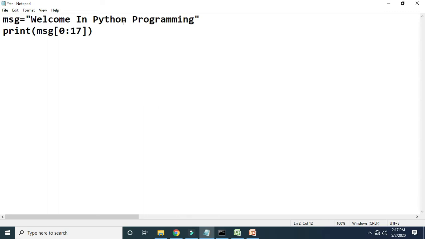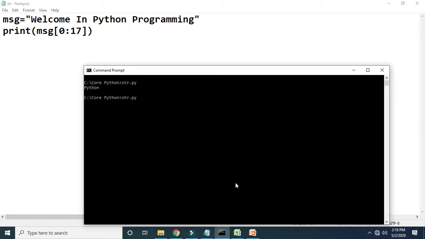Up to this n. But the last character's index you don't need to pass; you have to pass the index of the character which is present next to this last character. So it is 17 only. 17 is the index number of this space. If you execute once again, then you will get the output as welcome in Python.